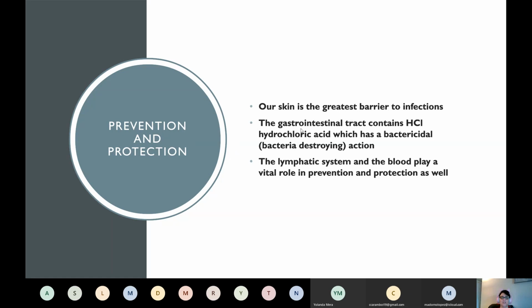Our stomach, like I said, has hydrochloric acid. Hydrochloric acid's like you put a drop of it on a car, it'll leach straight through it. But in the stomach, it does its job. So that's another way. Our mucous membranes and our filtering that we have. So we have lots of things inside of us, but our greatest protection is our skin. All right. And a lot of times we know things get past that, like with the flu and the cold and stuff like that, or cuts get infected, and sometimes that happens.